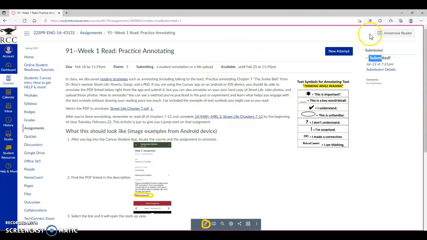Also, if you need, there is an immersive reader on most things in Canvas where it will read the text to you. So maybe if you are doing dishes and you just want to get a sense of what the assignments are coming up, you could listen to them and, just to get a feeling and start thinking about them ahead of time. So I hope that's helpful,